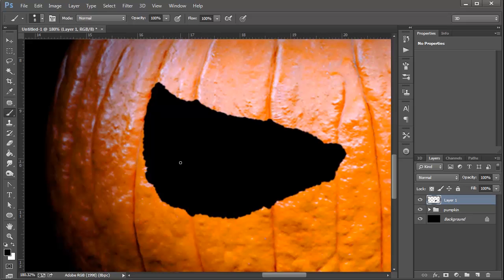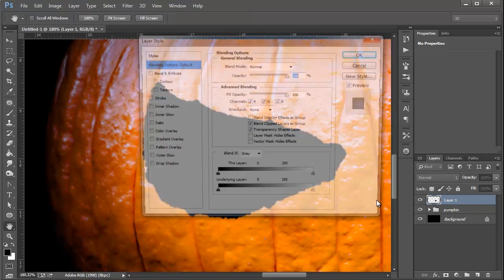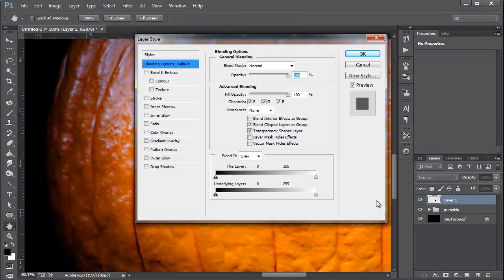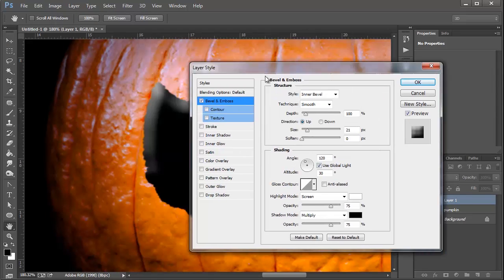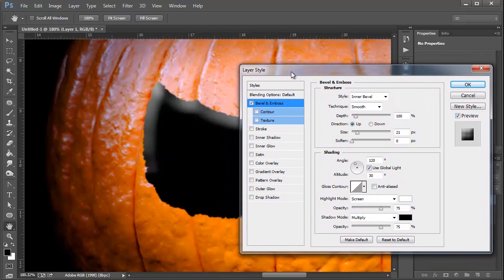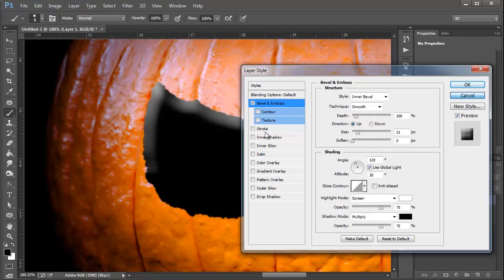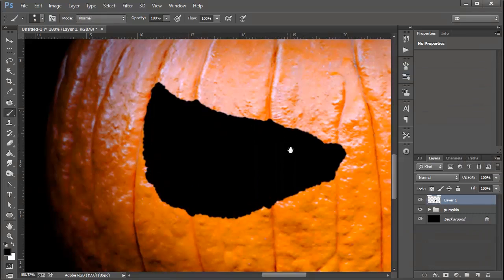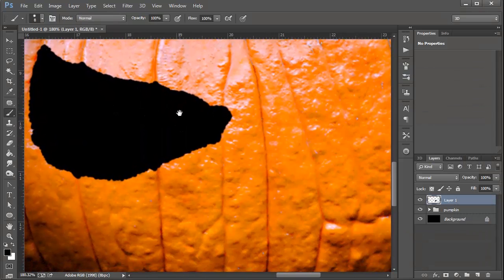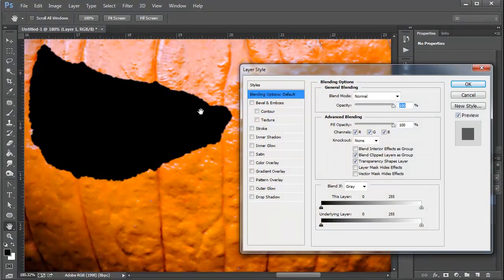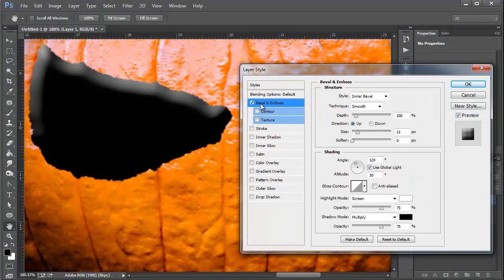So what I'm going to do first is double click on the layer to bring up the layer style panel, and I'm going to add a bevel and emboss. And actually, let me move that to the side here so you can sort of see it. Actually, I'll cancel that and I'll move this here maybe just so we can see it. There we go. We can see it better now. So I'm going to add a bevel and emboss, and I'm going to use an outer bevel,